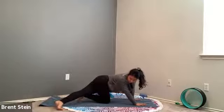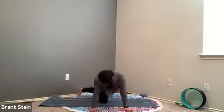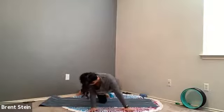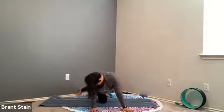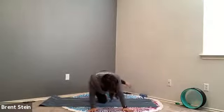Exhale, look over your left shoulder, pressing your right hip over towards that right edge of the mat. As you press to that right edge of the mat, take a full breath in. Let that breath go. Another big giant breath in. Letting that breath go. As you take your next inhale, look forward, slide this right foot all the way around